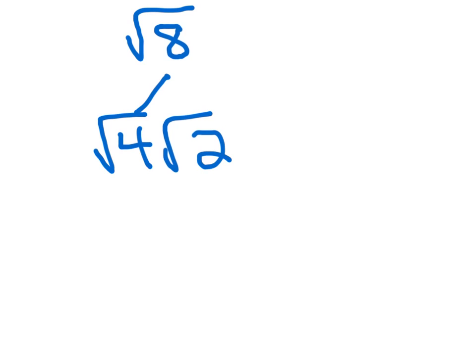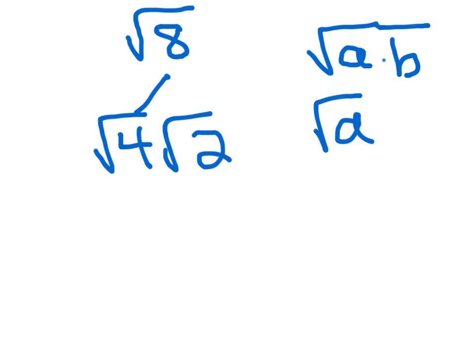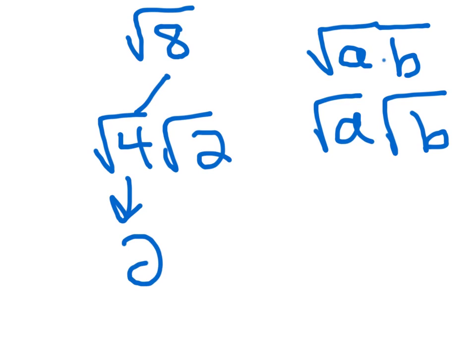And that's a property of exponents, really, that we learn in 8th grade that says the square root of any number, AB, can be rewritten as the square root of A times the square root of B. So since we know that 8 can be broken up into two factors, we can write it as a product of those two factors. So if we rewrite the square root of 8 as the square root of 4 times the square root of 2, we then see that square root of 4 is a perfect square,